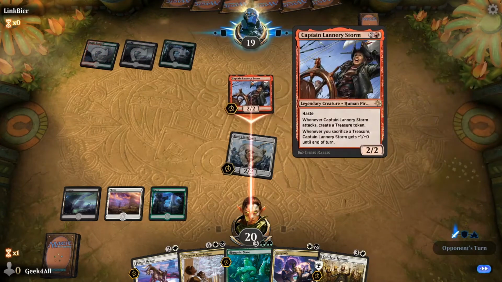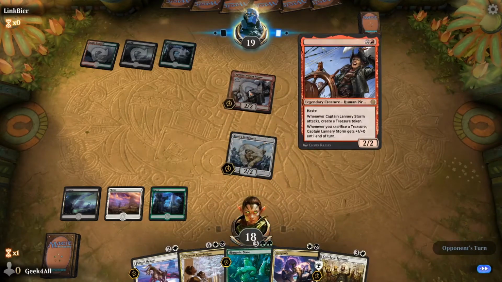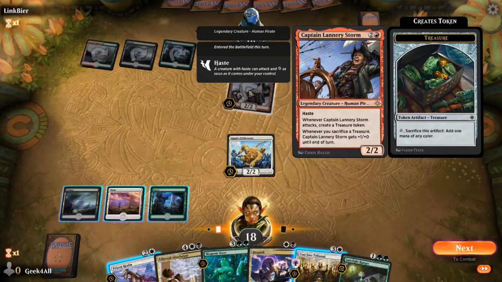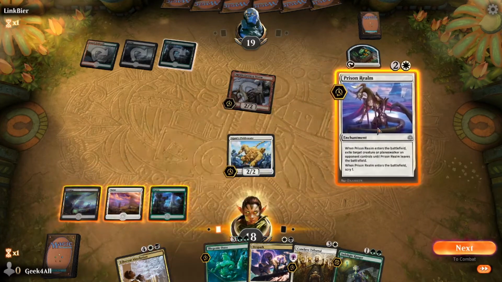Captain Lannery Storm. She is a 2/2 with haste. When she attacks, they create a treasure, and then whenever they sacrifice a treasure, she gets +1/+0 until end of turn. So I guess we Prison Realm her. Sure. I don't feel like she's that great, but...